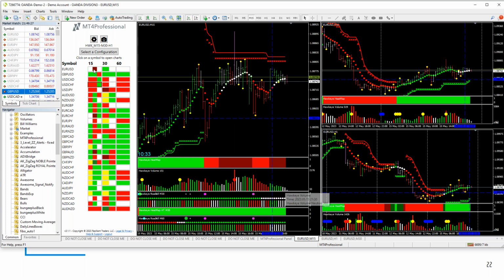So on my 15-minute time frame, I want to see bullish volume, bullish trend, bullish momentum, or bearish across the board. Right now, I see a lot of transitions. There's not a lot of strength on anything. Aussie New Zealand does have a strong trend across that trend, volume, momentum coming in. But you can see the second time frame has some weakness on the previous bar, but the current bar is nice and red, and the